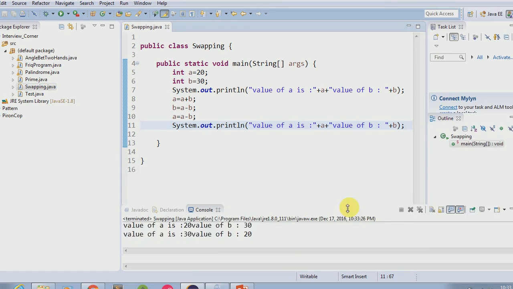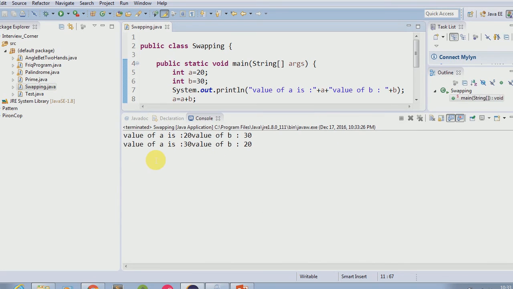Here is the output. The value of A is 20 and the value of B is 30. And after swapping, the value of A becomes 30 and the value of B becomes 20.